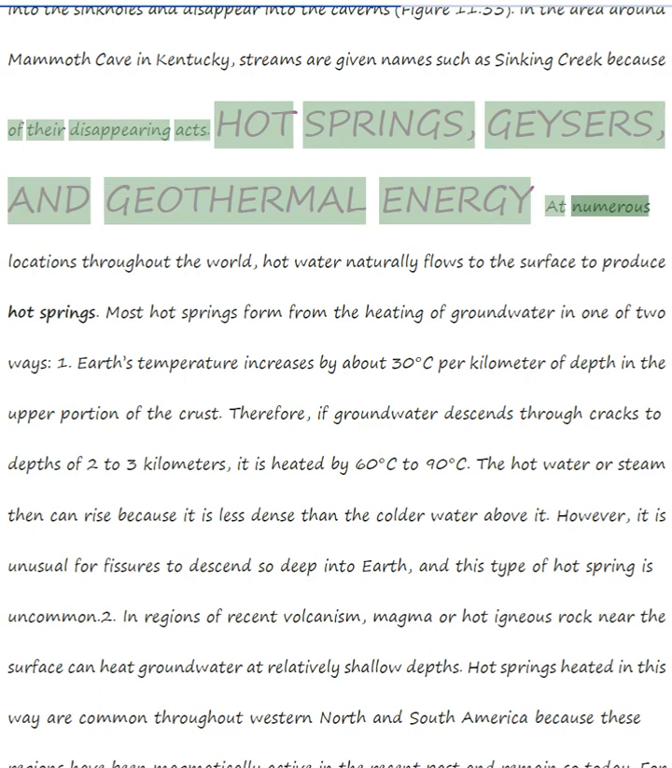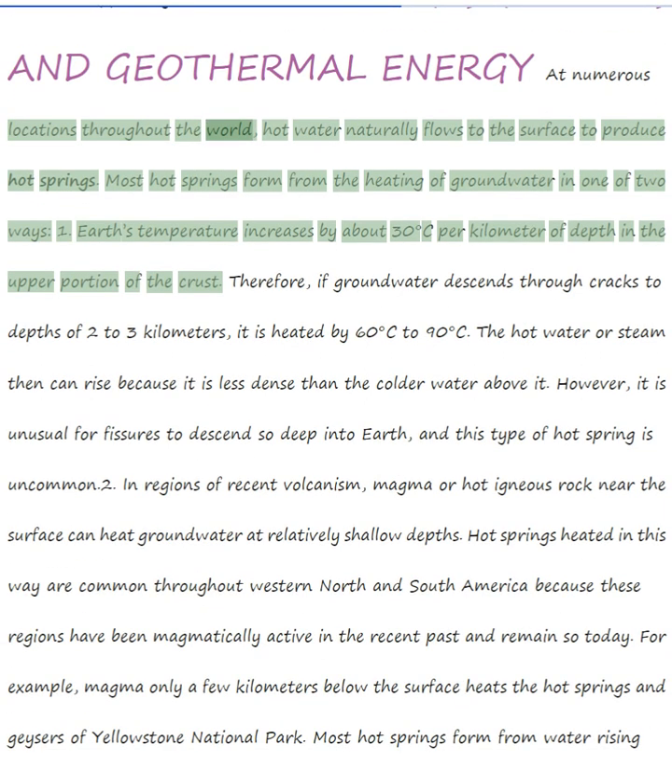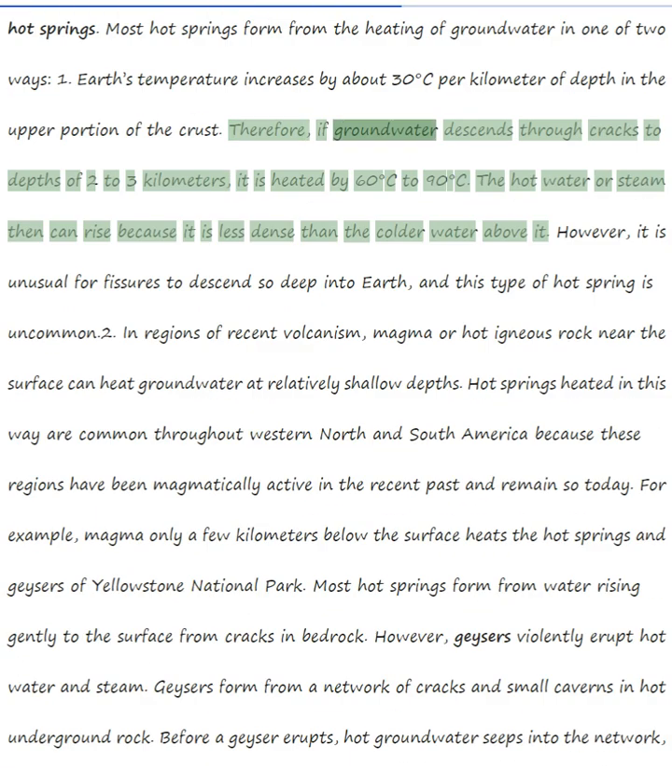Hot springs, geysers, and geothermal energy. At numerous locations throughout the world, hot water naturally flows to the surface to produce hot springs. Most hot springs form from the heating of groundwater in one of two ways. 1. Earth's temperature increases by about 30 degrees Celsius per kilometer of depth in the upper portion of the crust. Therefore, if groundwater descends through cracks to depths of 2 to 3 kilometers, it is heated by 60 degrees Celsius